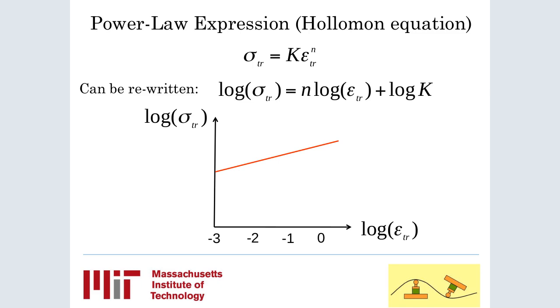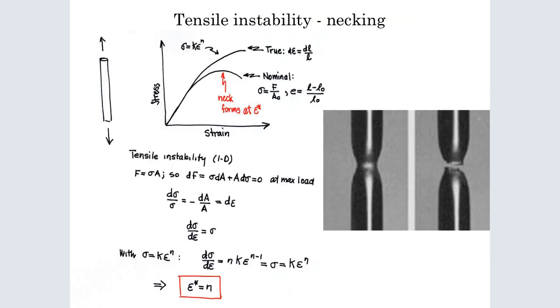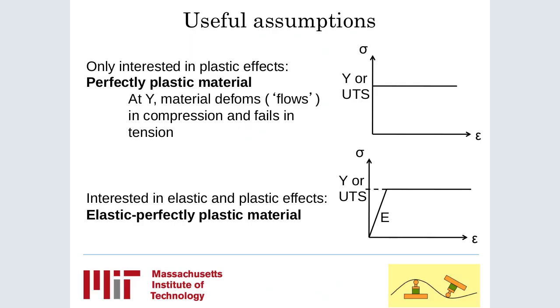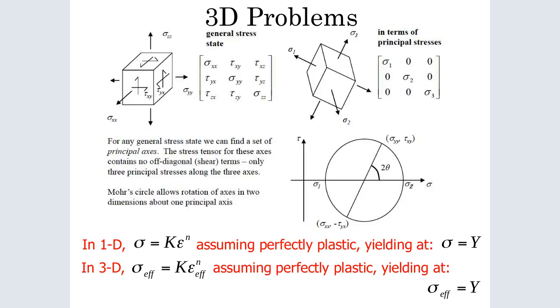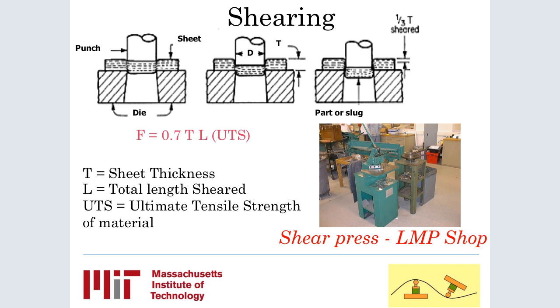So the power law expressions of the homology equations, we had already talked about these equations earlier on. Tensile instability, necking, how it's calculated, useful assumptions, the 3D problems. Now when we are using the matrices, you can see the yield criteria that are there, calculations,